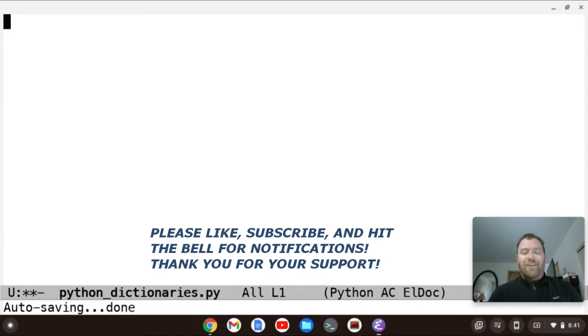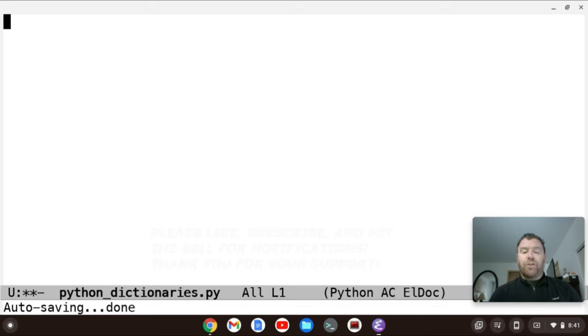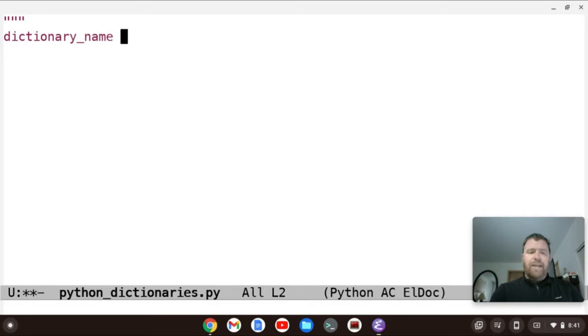Okay, let's get started. First, I want to talk about the basic structure of a dictionary. I'm going to make a little comment or a docstring up here. We have some dictionary name, and to create the dictionary, we set that equal to an open and closing curly braces, and then we'll indent, and we'll have some key name, a colon, and then a value.